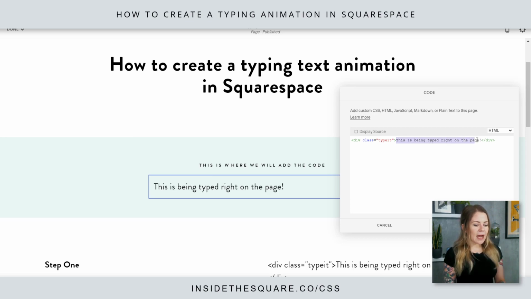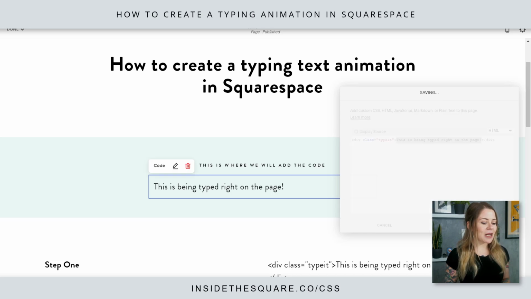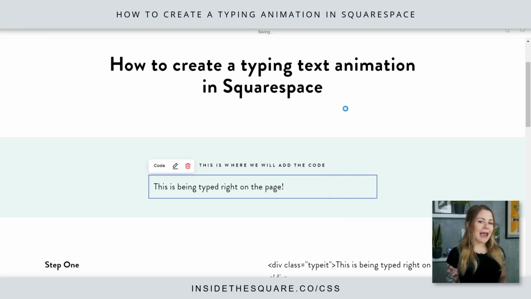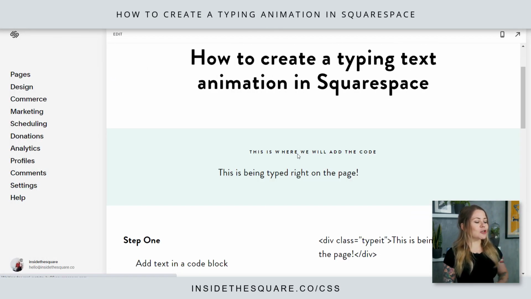Now this text right here where it says, this is being typed right on the page, change that to whatever you want to be typed on this page. That's the actual text that's going to be displayed with this cool effect, okay? Awesome, I'll select apply, and we'll go ahead and select save, and it's time for step number 2, adding the